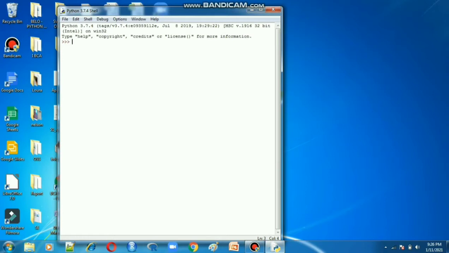First, 5 plus 10. What is the result? 15, see here. I just typed the values 5 plus 10, using one operator. What operator? The addition operator, to add these two values and display the result here. 5 plus 10 is 15. Next I will tell you another code. Like that you have to do.